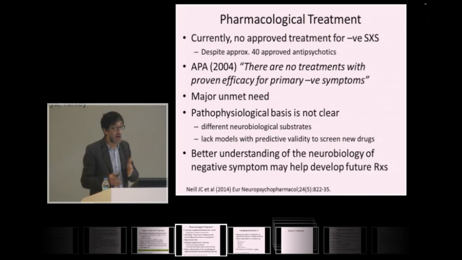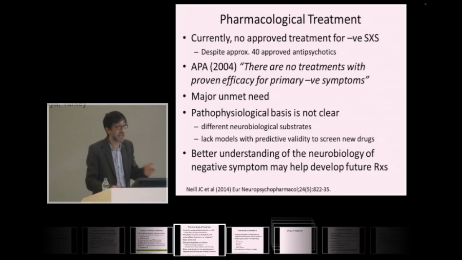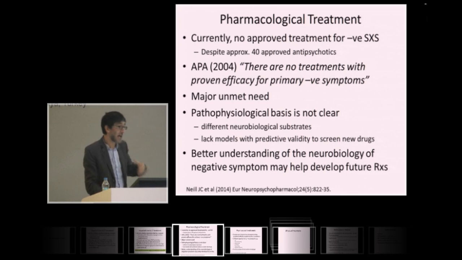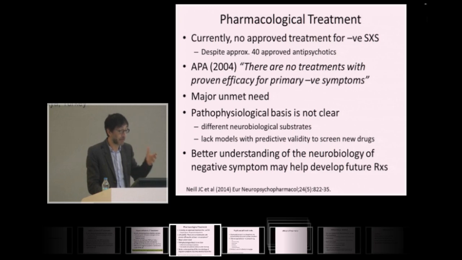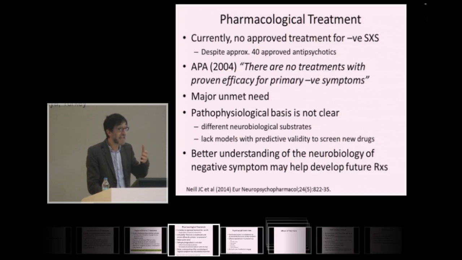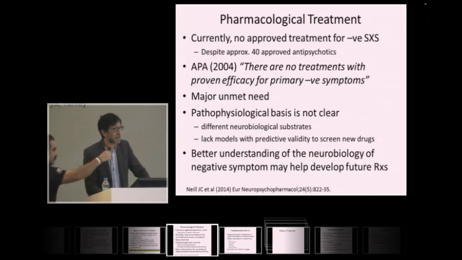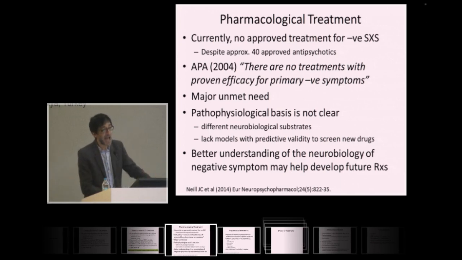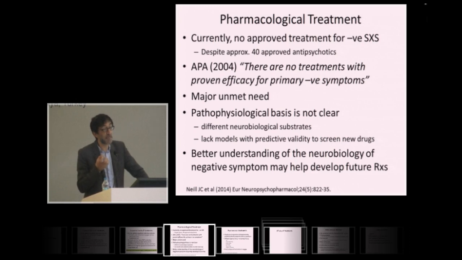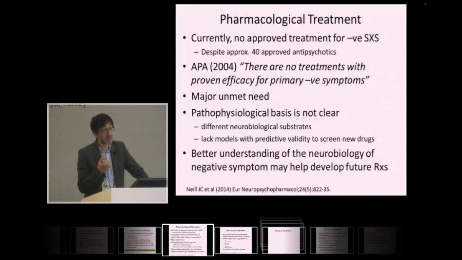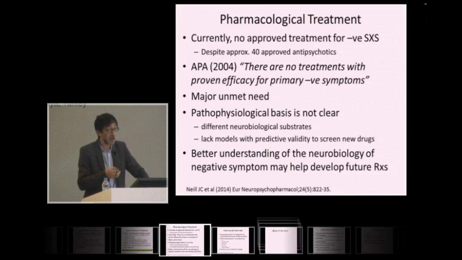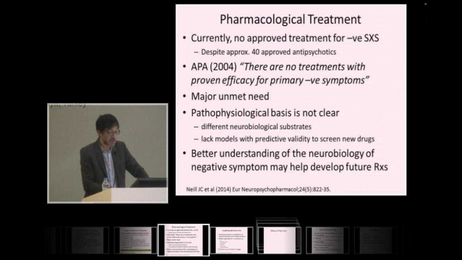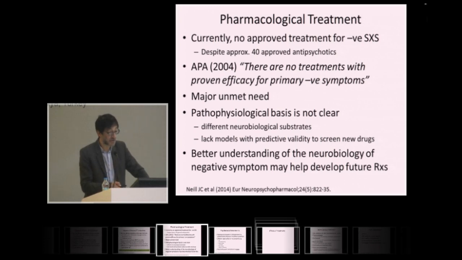I think what our two speakers have shown us is that one of the problems is that the mechanism underlying negative symptoms isn't fully understood, and related to that, we haven't, until maybe recently, had good predictive models, animal models. So if you don't have the model, you're unable to screen new molecules as treatments for negative symptoms.